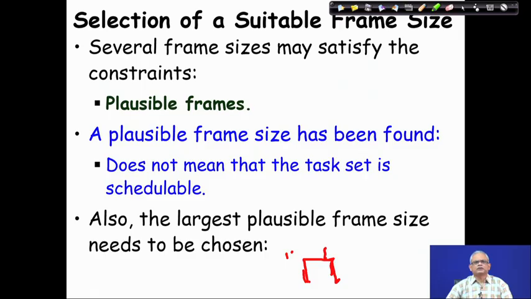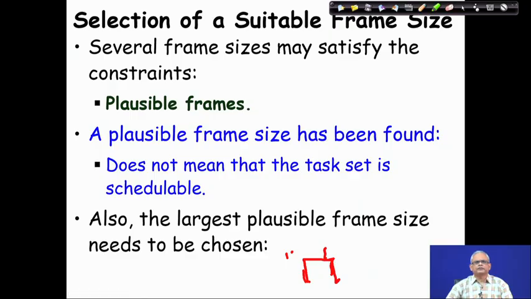They satisfy all the 3 conditions, and also they give rise to enough frames where all the task instances arising during the major cycle can be scheduled. Then we need to choose the larger of the frame size, that is 8. Why is that? Why do we need to choose the larger of the frame size? A little thinking will show that